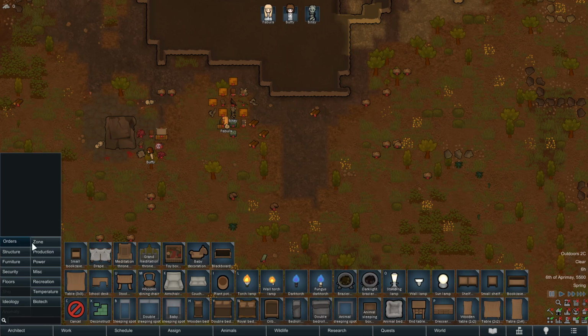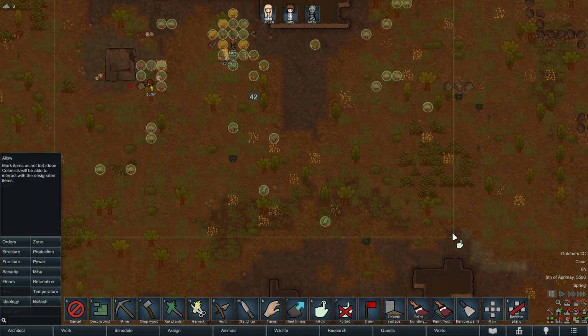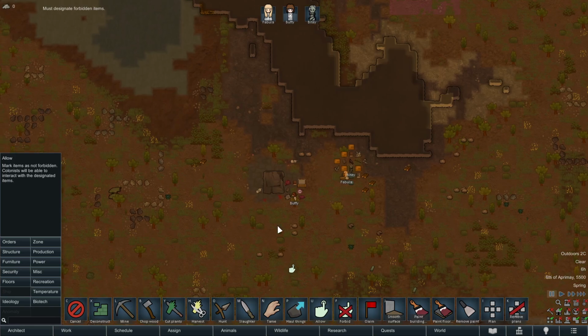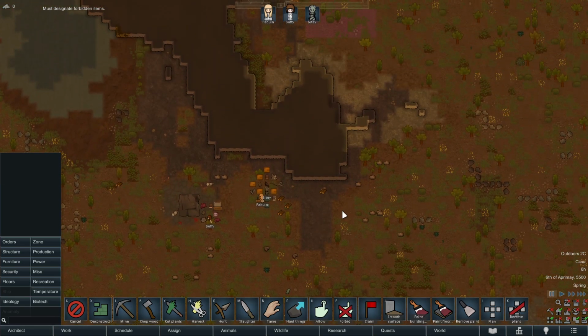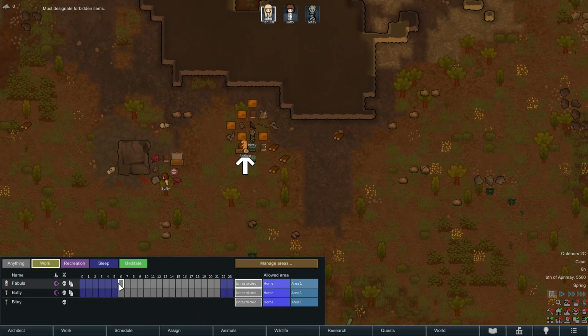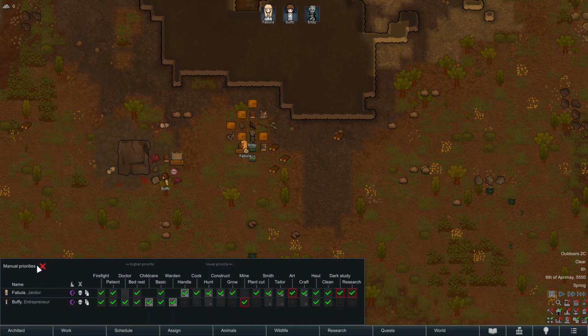Let's unforbid everything. Right here. Anything else I'm missing? There's a little bit of wood there. We got it all. Okay, schedule is fine, except I want anything to be much larger to start. Work, I do want to do the numbers. We will do...